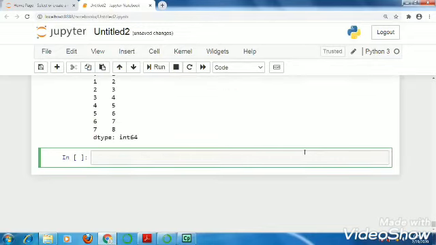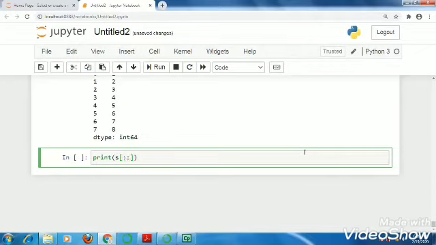Now I want to filter some values using series slicing. So I am writing print, the name of the series is S, and you have to give 3 values separated by colon sign.